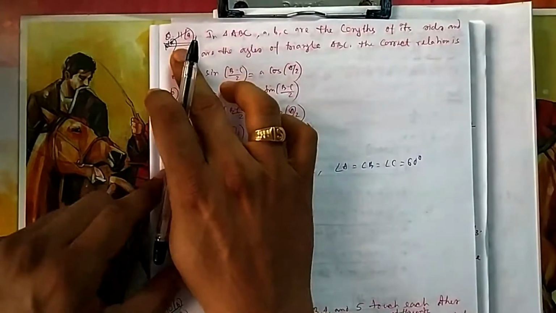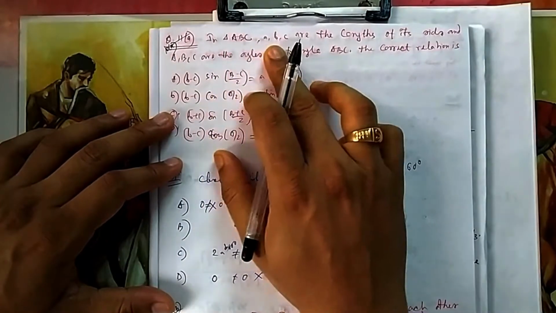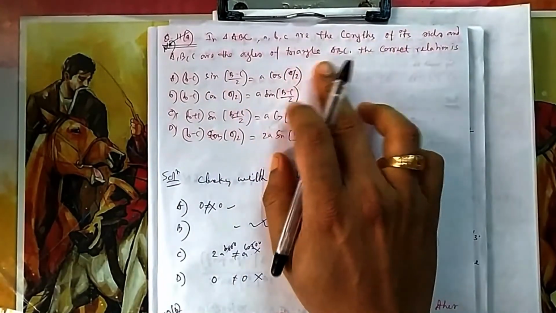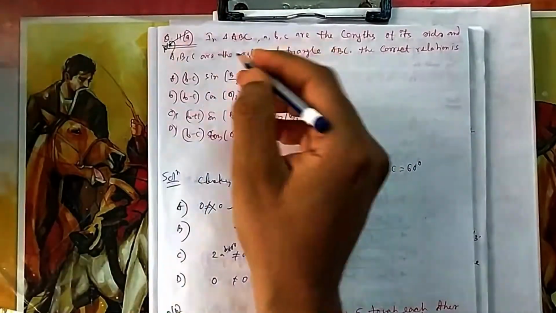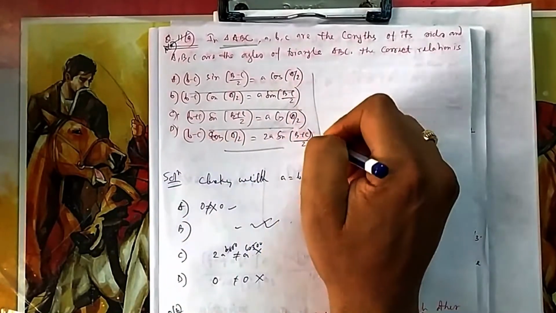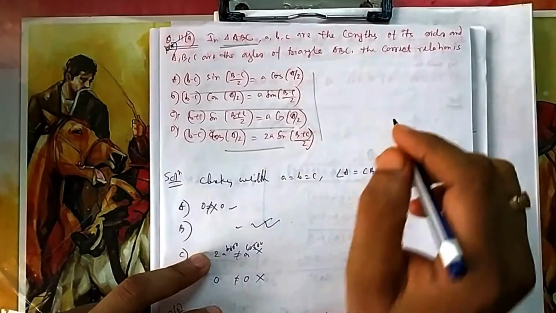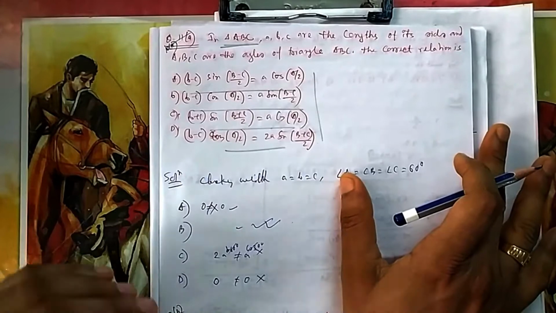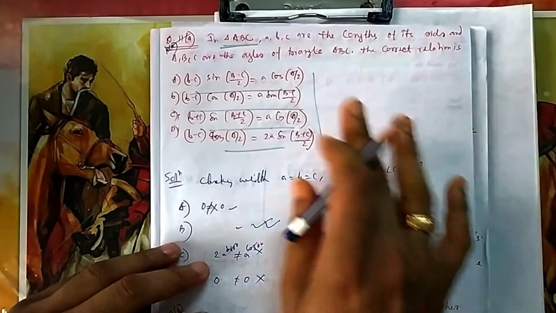Okay, if you see question number 10A, it is given in triangle ABC: a, b, c are the lengths of its sides, capital A, B, C are the angles of the triangle, then the correct relation is. So you can see it is a general question. For any triangle the relation should hold true. For a general type of approach, what I told you, there is a very good easy method. You take any triangle from your mind, any standard triangle whose angles and sides you know, then you apply it.